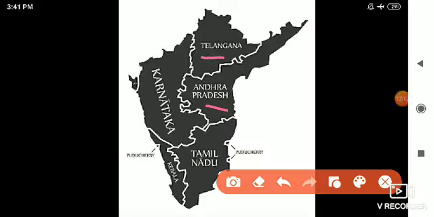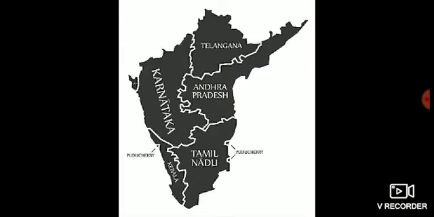So similarly as how you plotted the northern states, here southern states also should be plotted, and the first letter has to be in capital. For example, Karnataka, K has to be in capital. If you're not finding space, write it small, okay? And make sure it fits inside the boundary. So this is how you have to mark the northern states and southern states.